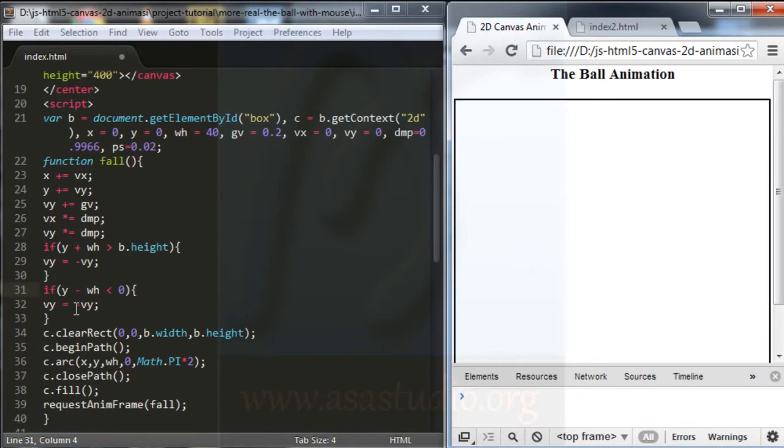I need a positive value here. I need vy equal to minus vy. Okay, like this. And if I save my project and I try to reload my page, I have this